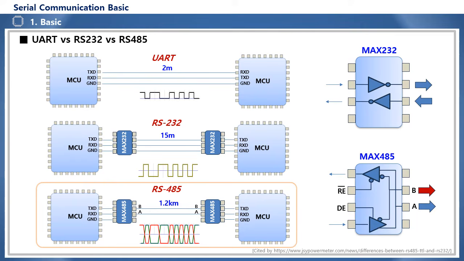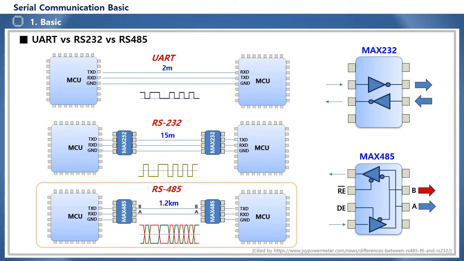Differential signaling is a method of converting one signal into a positive signal and a negative signal and sending it on 2 communication lines at the same time. And the receiving side receives a subtraction signal of the 2 signals, that is, a signal that has been processed by subtracting the negative signal from the positive signal. The received difference signal can secure a potential difference of several volts or more. And since noise introduced from the outside enters the plus side and minus side lines at the same size at the same time, the subtraction signal received on the receiving side has the effect of eliminating noise, so it has considerable immunity to external noise.